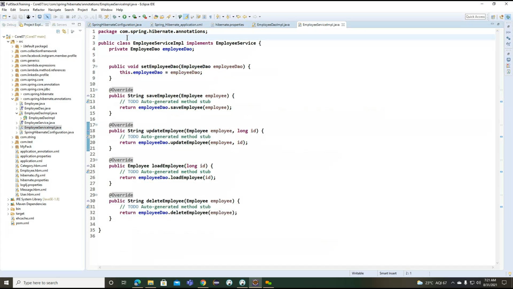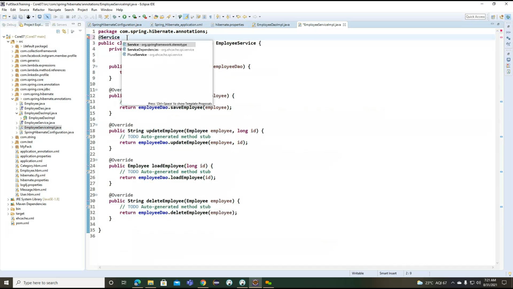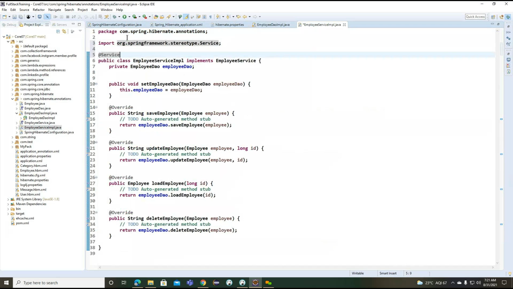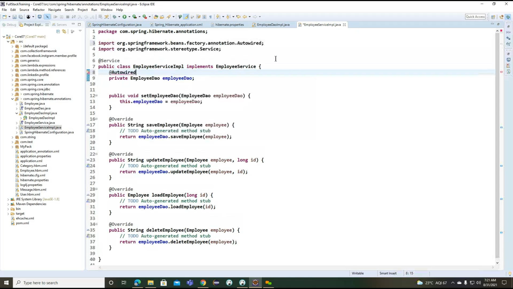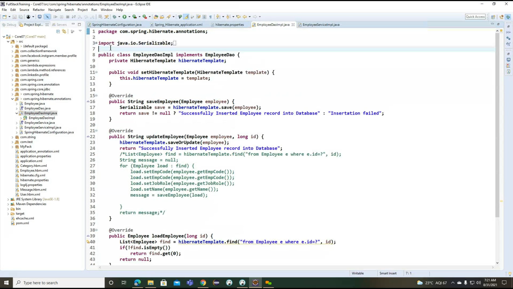First we start with the ServiceImpl. On this particular class I want to add the Service annotation, and internally it is expecting Autowired. This is all about the ServiceImpl. Then we go for the DAOImpl.